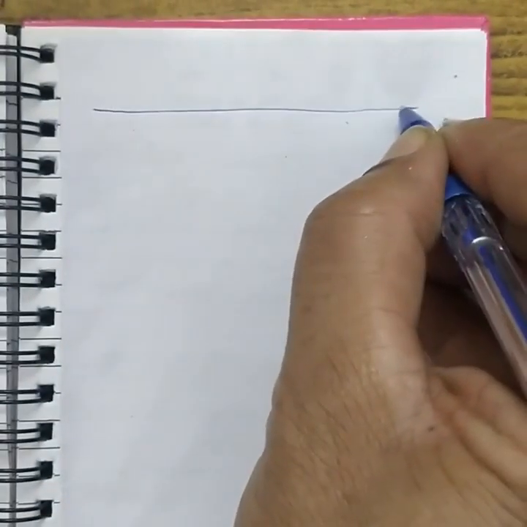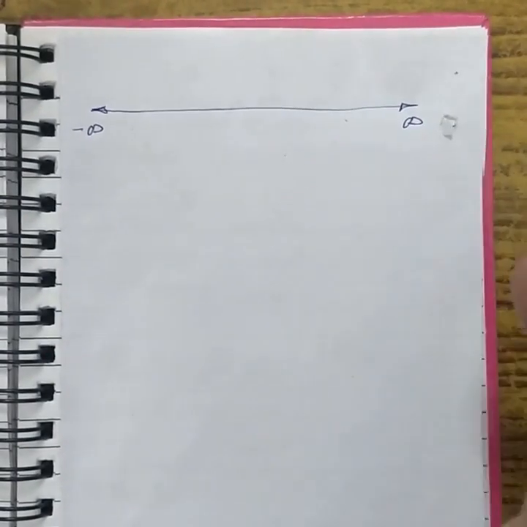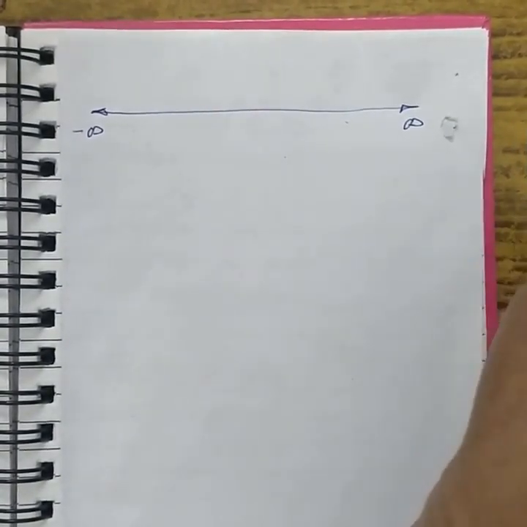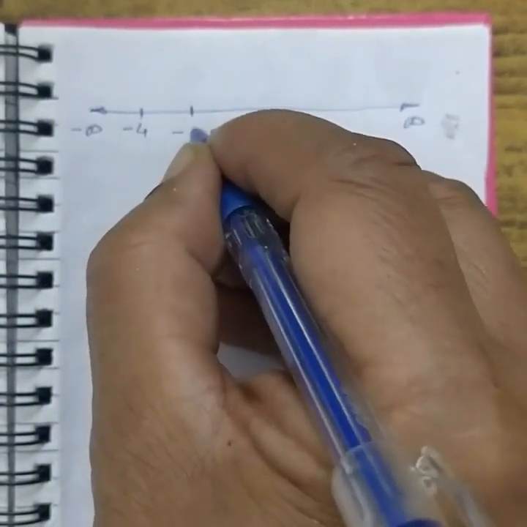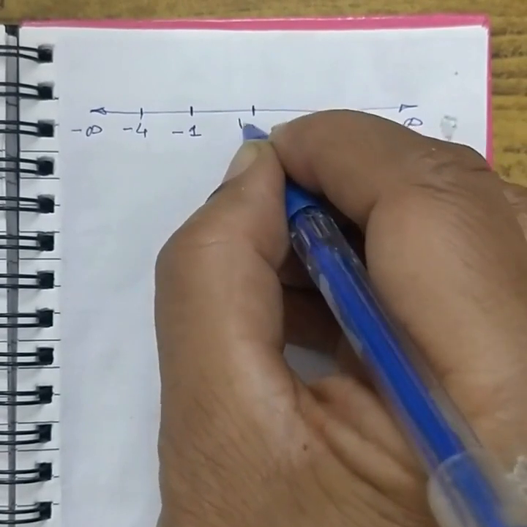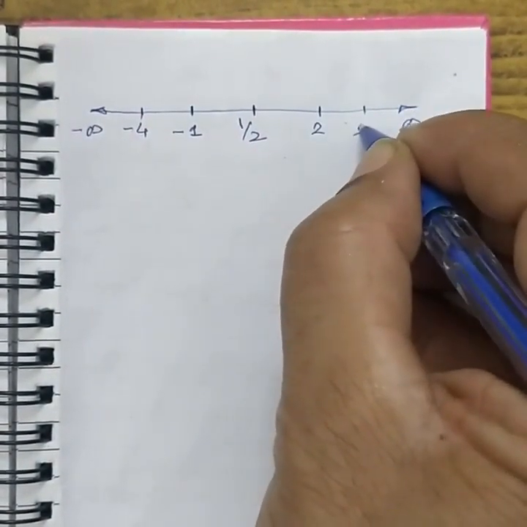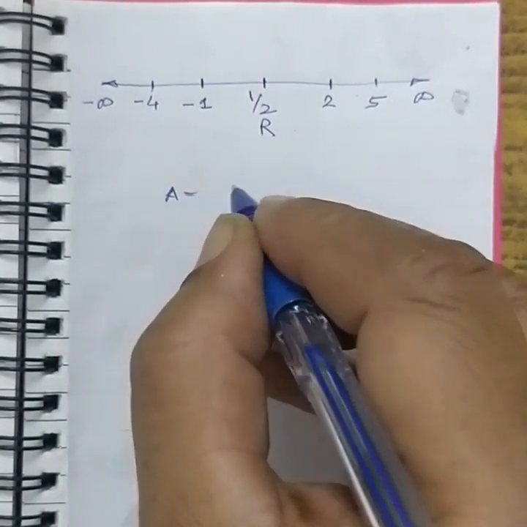Draw the real number line and show all the critical points on it in ascending order. Below the real number line, draw sets A, B and C on the number line. Set A is